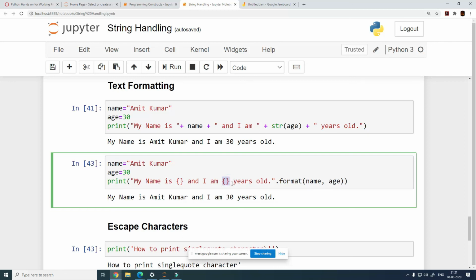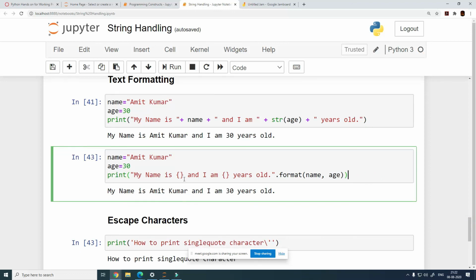And where are the values coming from? The values are coming from these values in the same sequence, right? So whatever we specify inside dot format, which is a function, the same variables are going to get replaced here. So think of them as name is going to get replaced here, and in this place the value of age is going to get put or replaced, right?